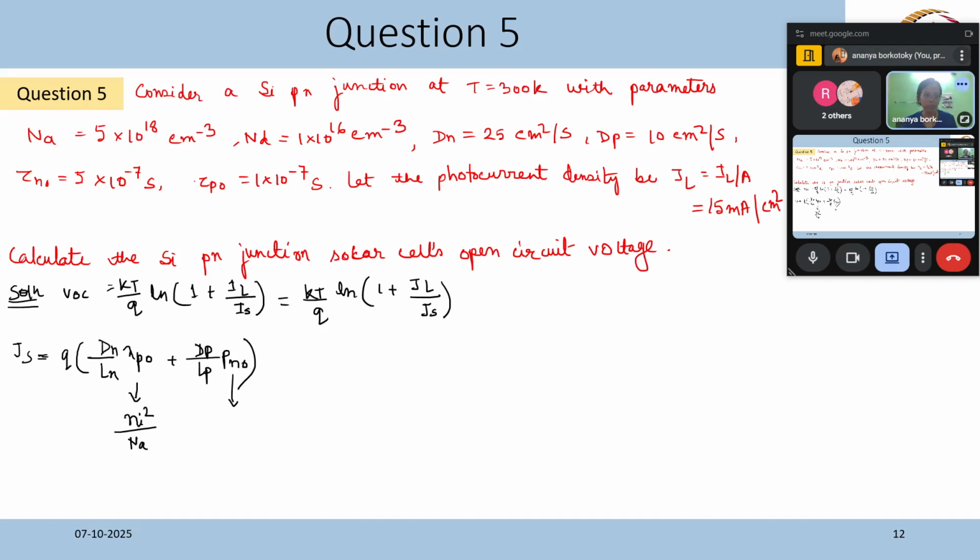N into P is equal to Ni square, intrinsic carrier density. So Np will be Ni square by P. P in the p side of the PN junction is Na, the acceptor doping concentration. Similarly, Pn naught is Ni square by Nd. So my expression is Q into Ni square